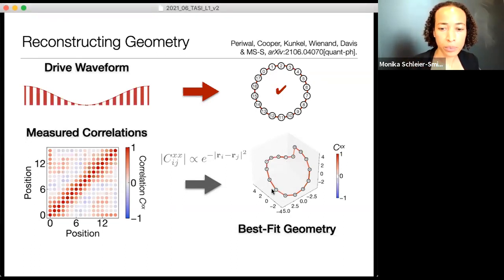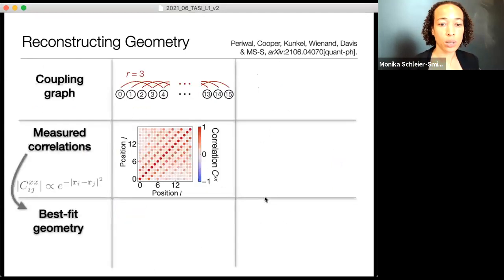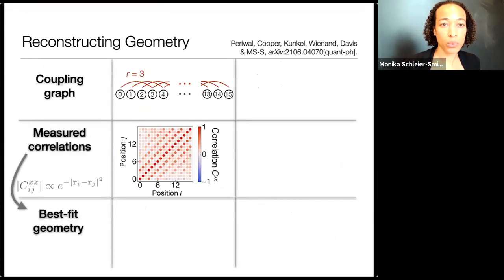Okay, so that starts to show that we can realize some graphs that are different from the geometry in the lab. You can start to explore, what other kinds of graphs can I make? So here's an example where we turned on interactions at third neighbor sites, open boundary conditions. We measure the spin correlations. So actually, here's a quiz. What do you think will pop out if I ask what is the best fit geometry of the sites in 3 dimensions to explain these correlations?